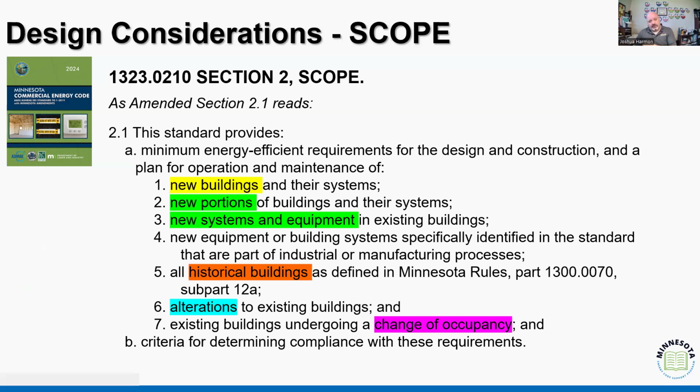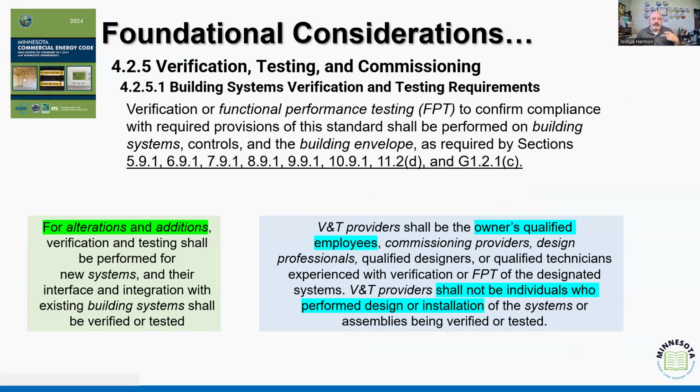Now, that can usually take the form of inspections, but at the same time, when we get to some of the mechanical systems later on, that new piece of equipment needs to be commissioned. And that is part of the identification of functional performance testing. We need to verify that those commissioning providers are evaluating not only the equipment but also the connections associated with controls, right? A lot of times we may have traditional commissioning done on pieces of equipment, whereas it really should expand beyond just the equipment into the controls as well.